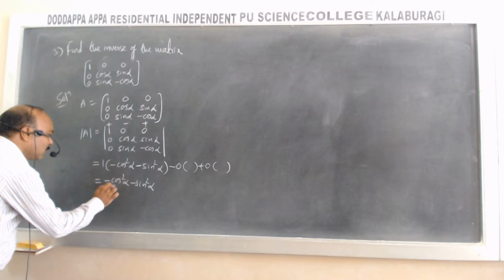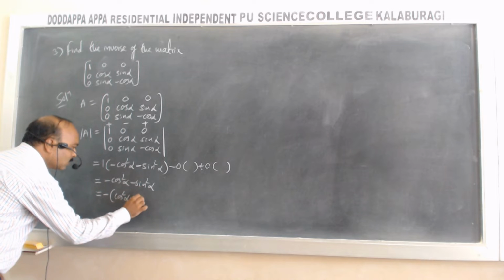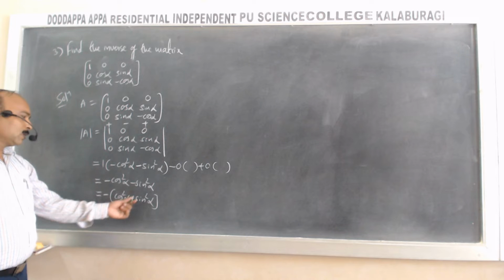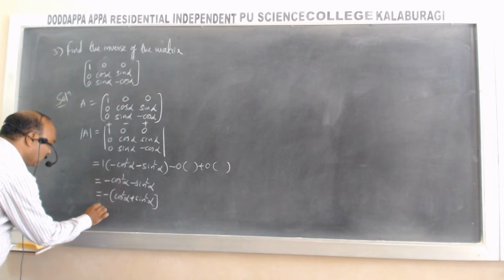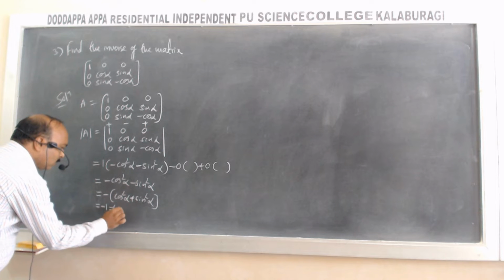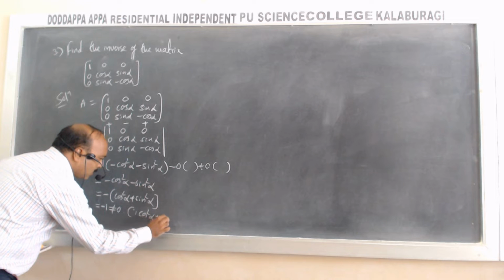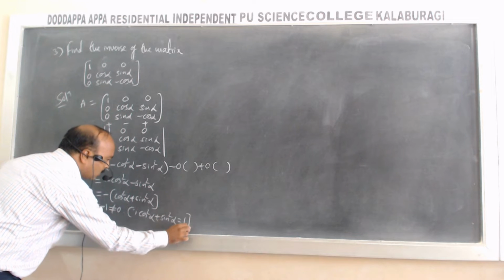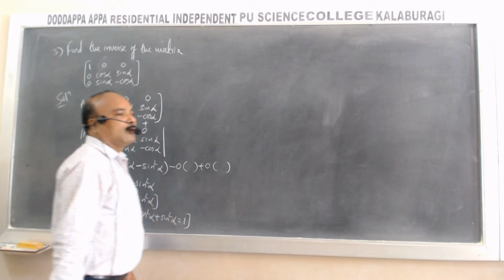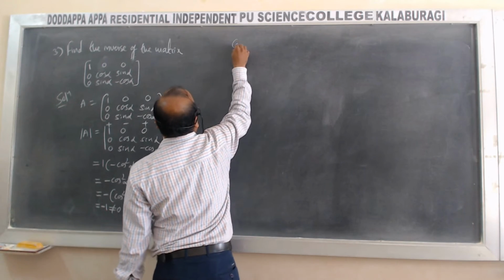Now here we take minus common, we get cos square alpha plus sin square alpha. What is the value of cos square alpha plus sin square alpha? It is 1, therefore we get it as minus 1. It is not equal to 0 because we know that cos square alpha plus sin square alpha is always equal to 1. It is a standard formula. Now we go for all the cofactors. For getting the inverse, we write